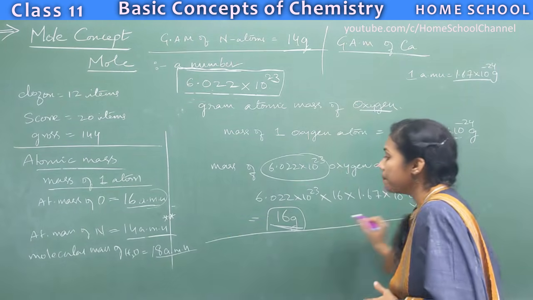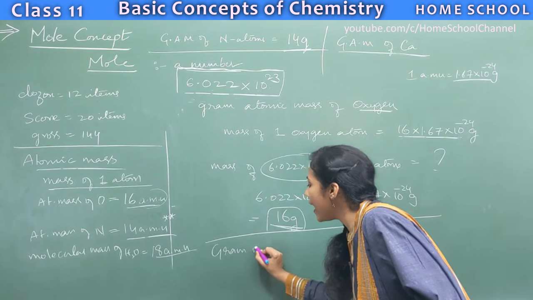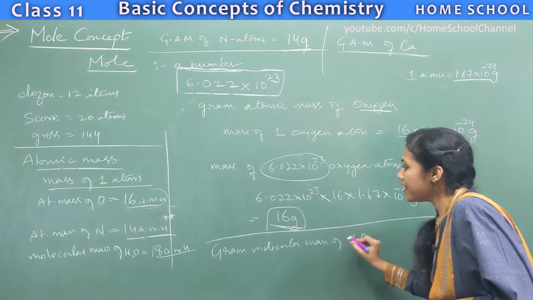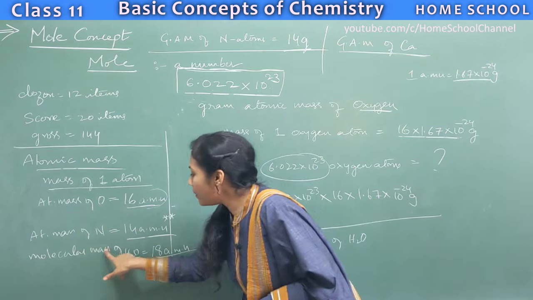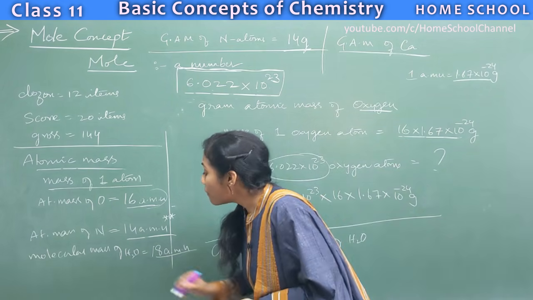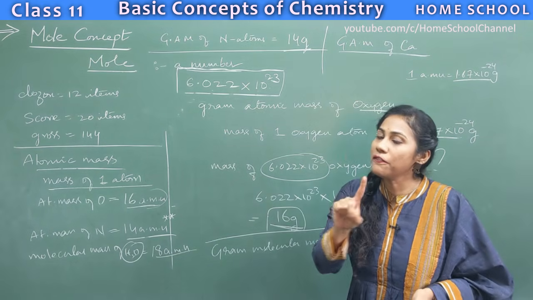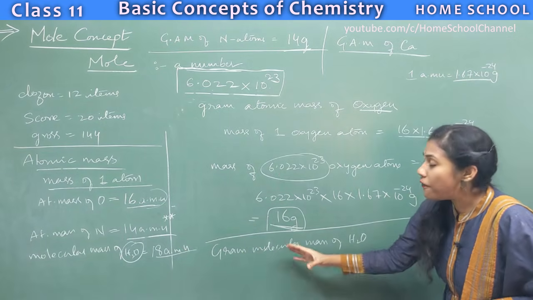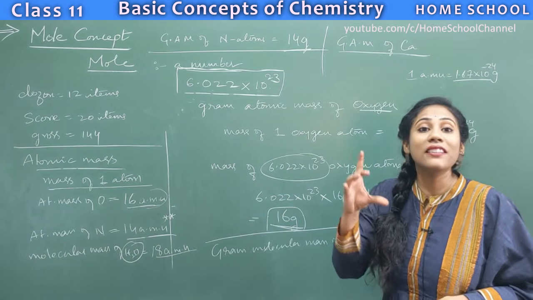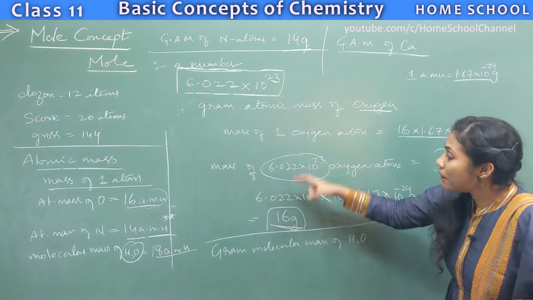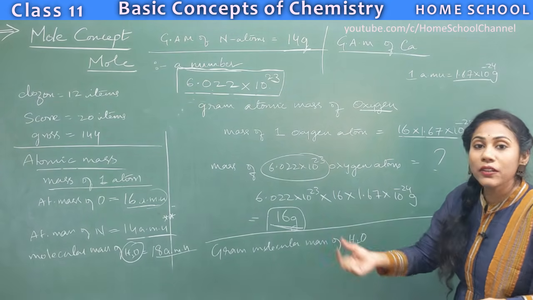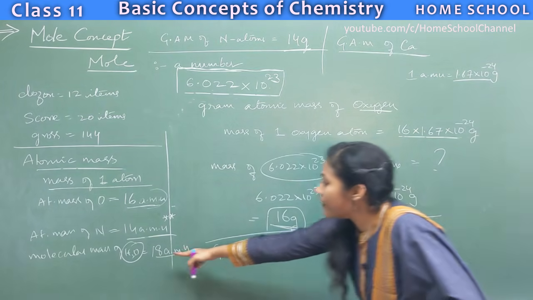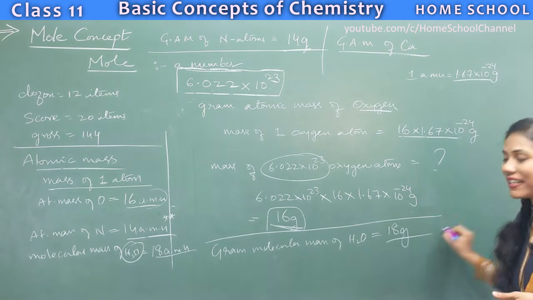But if I ask you a question, what is gram molecular mass of water? So what is the difference between this and this? Just molecular mass of water means mass of 1 molecule of water. Mass of 1 molecule of water is 18 AMU. But I am asking about mass of 1 mole of water molecules. 1 mole of water molecules is how much? Mass of 6.022 into 10 power 23 water molecules mass I am asking you. So what is your answer? Digit will remain same, 18 only, but you should express it in grams.